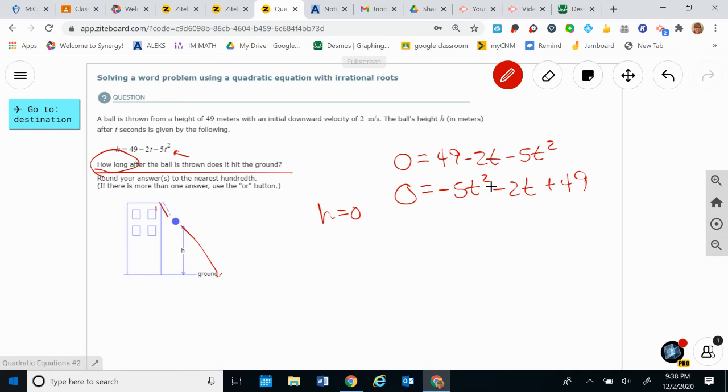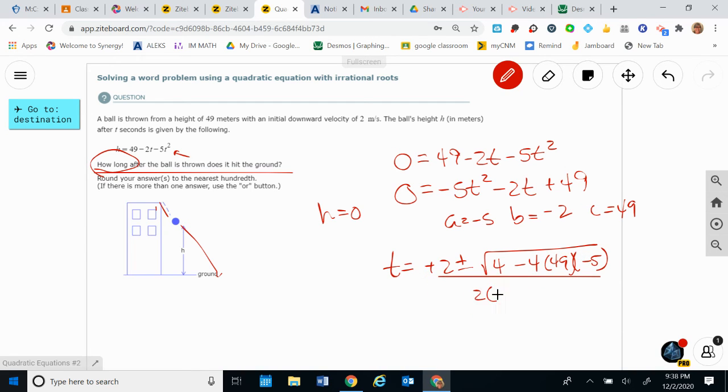Okay. And now you're going to use the quadratic formula to solve this. A is equal to -5, B is equal to -2, C is equal to 49. So T is equal to -b plus or minus the square root of b squared minus 4ac